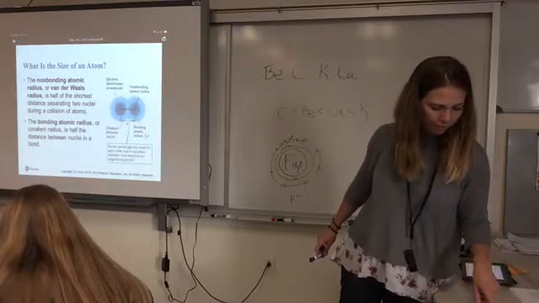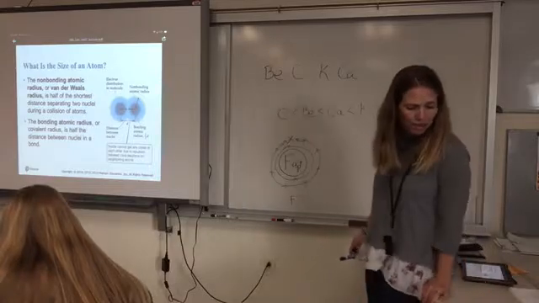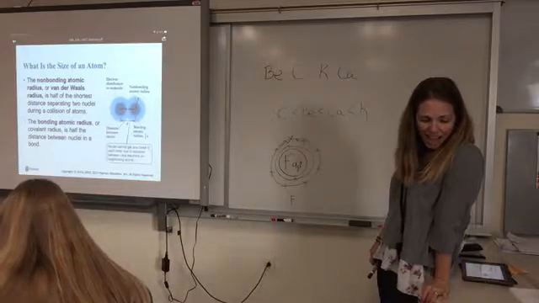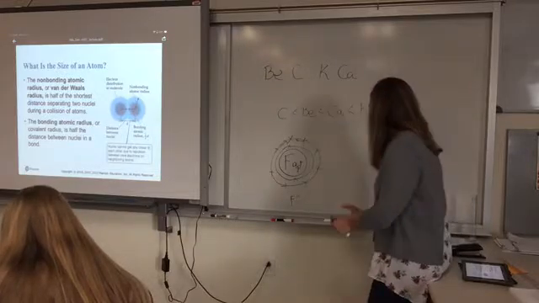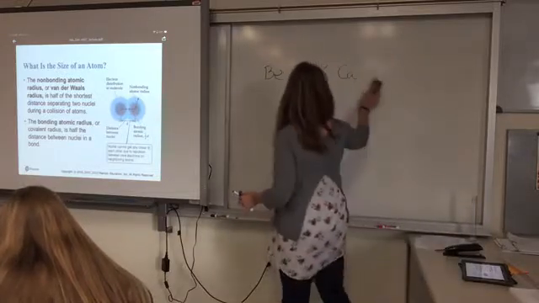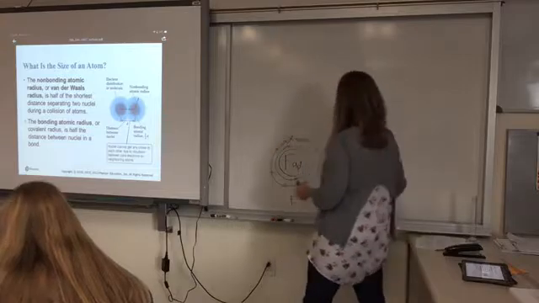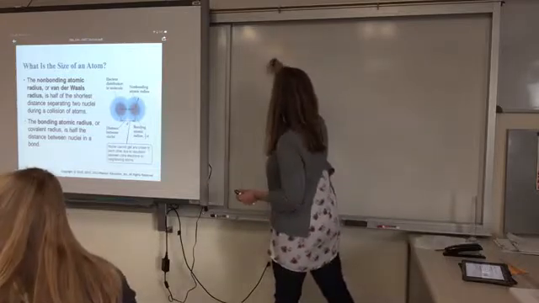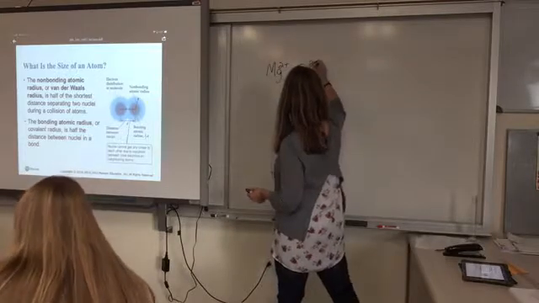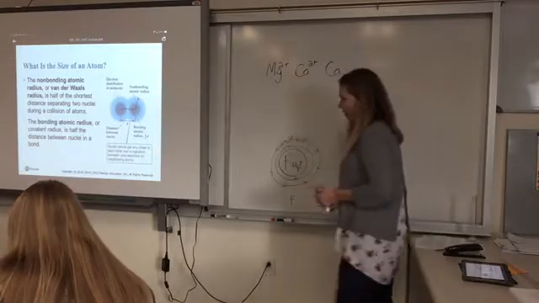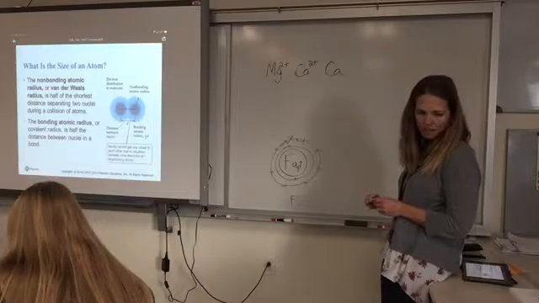All right, now go to the bottom of page 265, and let's look at that sample exercise. It says Mg2+, Ca2+, and Ca in order of decreasing radius, okay? Decreasing radius. So take a minute and try to reason through that yourself. Mg2+,